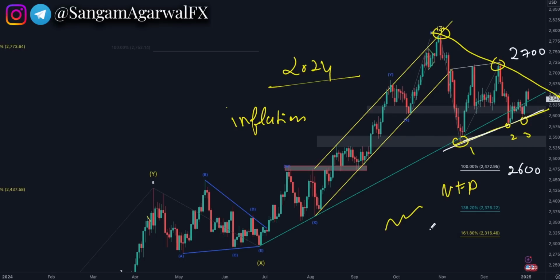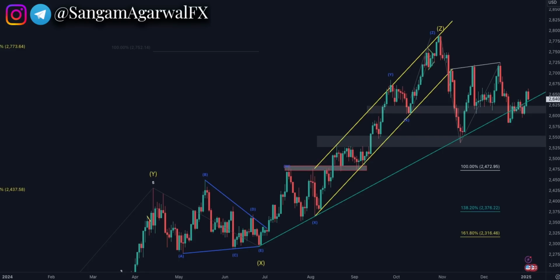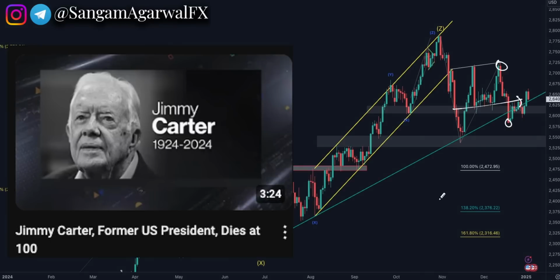If you see volume, then COT, they are decreasing their positions constantly. Number 2, gold consumer market, India, peak marriage buying season, but the stock market is going down. Last 2 weeks you saw the market was closed because of holiday. Again because of Jimmy Carter, the market will be closed this week on his funeral. So be careful, either gold closed this week or maybe no action because of holiday.